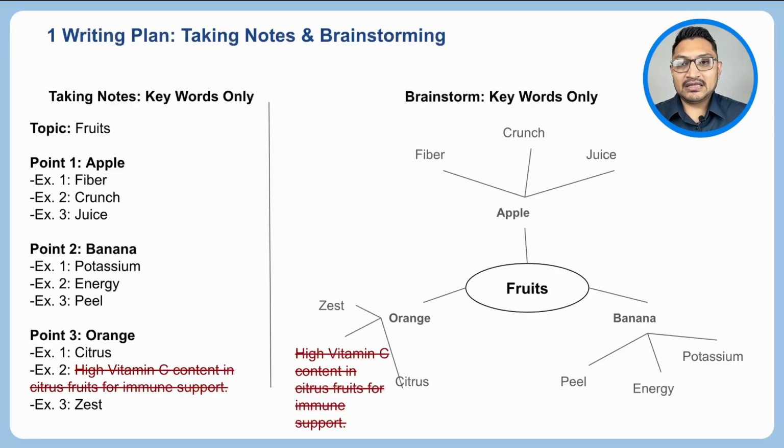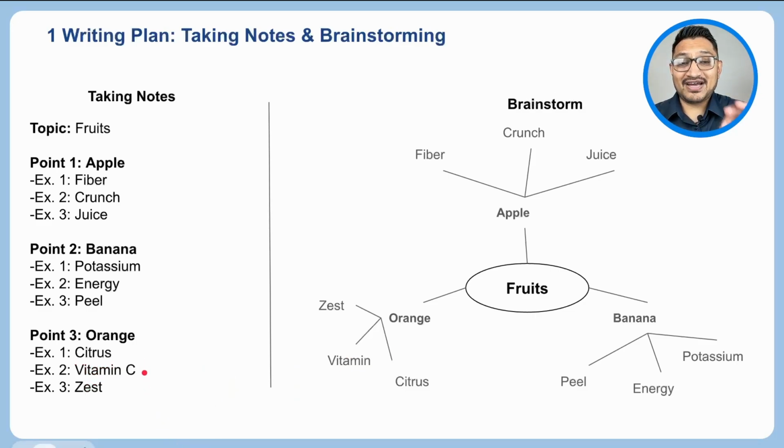Remember, in the planning, we do not need full sentences. For example, here in this example 2 from the orange, if we write this, like for example, high vitamin Z content in citrus fruits for immune support. It's like notes still, but you don't need to put all of that. As long as you can put just vitamin Z, for example, it's enough, because this is just memory help for you for the time when later you start writing. Okay, so having said that, let's move on to the next